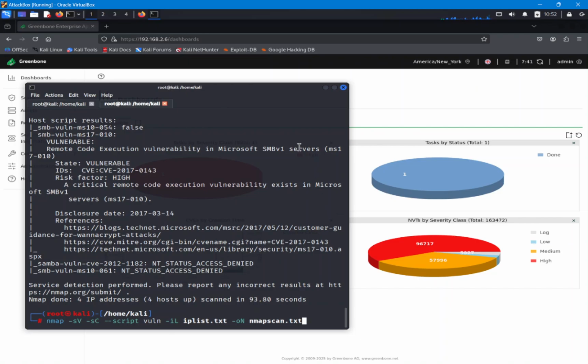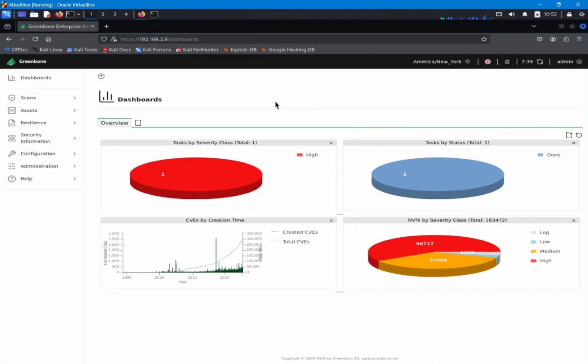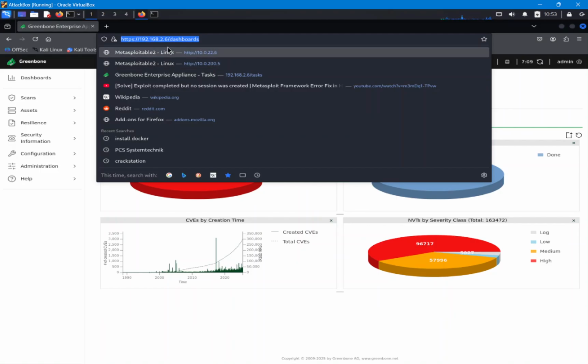Let me explore with another software which is very famous, which is called OpenVAS. Now here I'll show the reports of the scan of OpenVAS to validate the deeper scans and earlier results we got by Nmap results. The OpenVAS server is hosted on this IP 192.168.2.6. You can see